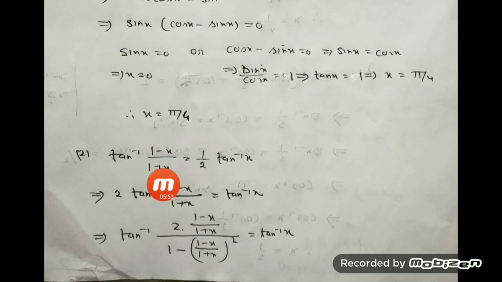Tan inverse of 1 minus x by 1 plus x equal to half tan inverse of x. So here, you see both sides contain tan inverse, but the half is there. This half creates a problem, is it not? That's why if I bring this half to the left side, it becomes 2 tan inverse of 1 minus x by 1 plus x equal to tan inverse of x. Okay, then here as the previous one, it is in the form of 2 tan inverse of x. So the formula can be applied where x is 1 minus x by 1 plus x.